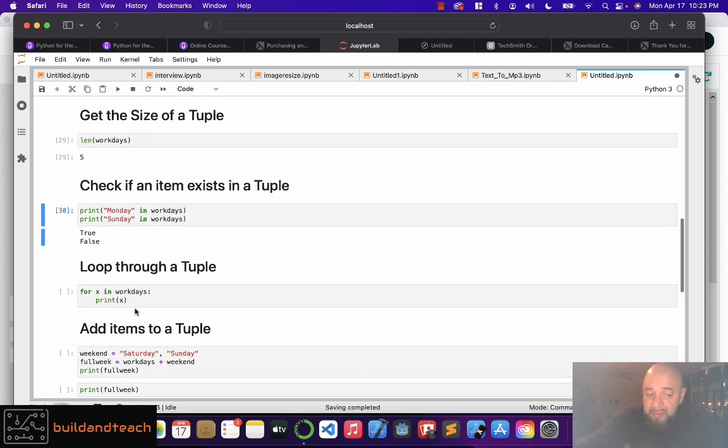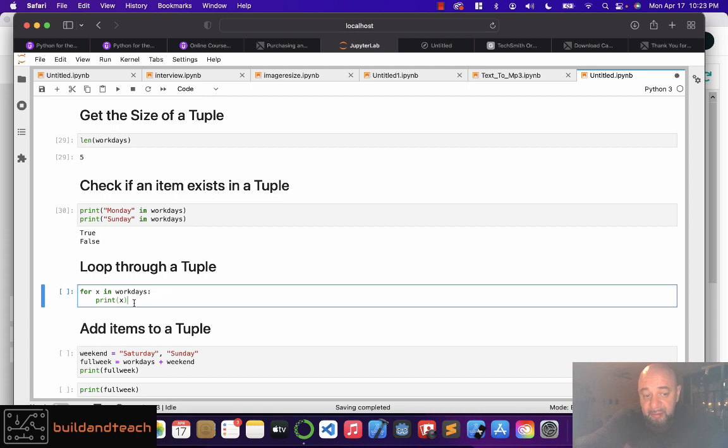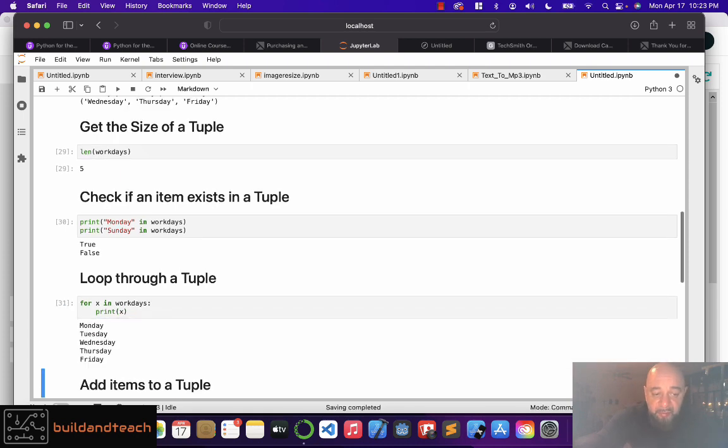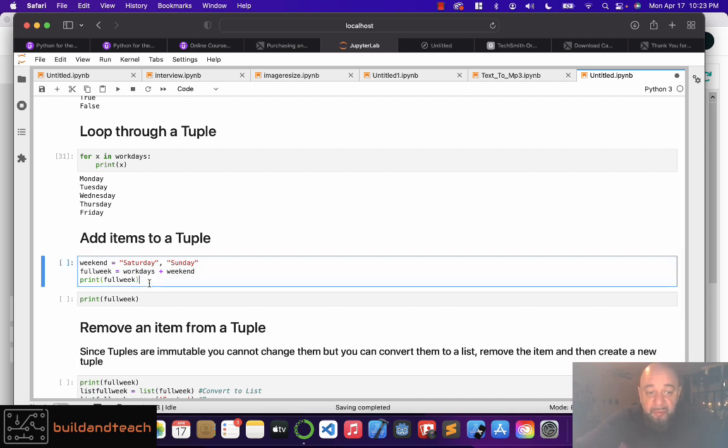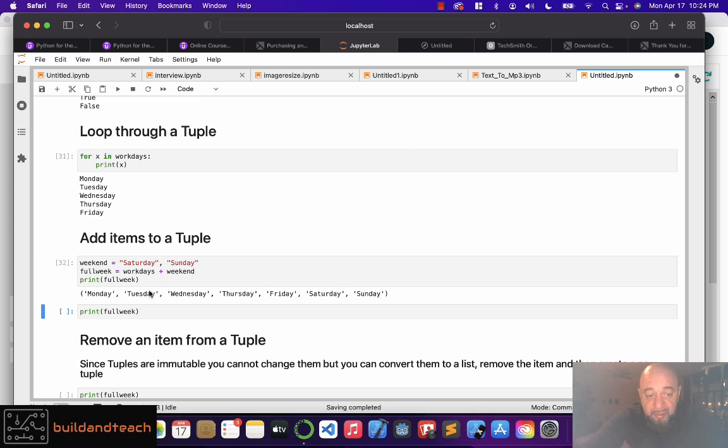To loop through a tuple is the same as a list. For x in, then the tuple name, and it will print out all of the items in the tuple. To add items to a tuple, again, the tuple is not mutable, so you would simply create a new tuple. You could do that by adding a new tuple to an existing tuple. Here you have weekend, that's the new tuple, and you're adding it to the existing tuple to create another new tuple here. So you can see here I've added Saturday and Sunday to the original tuple and created a new tuple